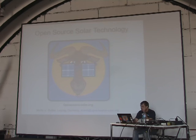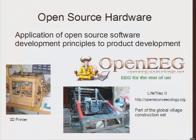So what I'm planning to do is I want to combine the open source hardware system with some kind of new business ideas, which some people call social business. And by doing this, I will make available kits for small chargers